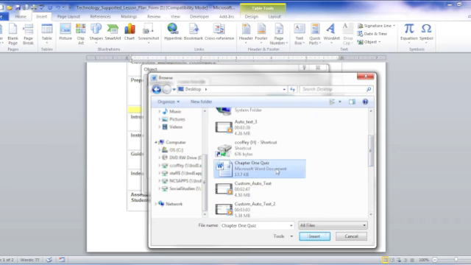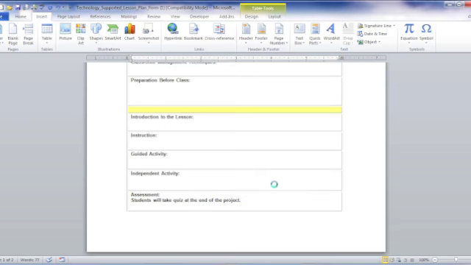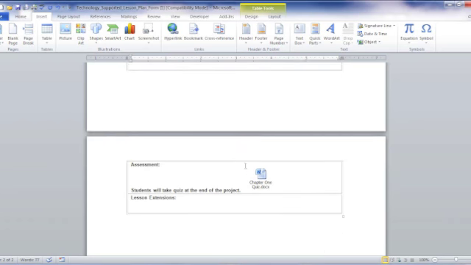So here's my Chapter 1 quiz. I'm going to insert. I like to display as an icon, and you can change the icon if you want to. I'm going to click OK. And what it's actually going to do is take that file and put it inside of this Word document. And the benefit of that is now when I come back next week or next year to